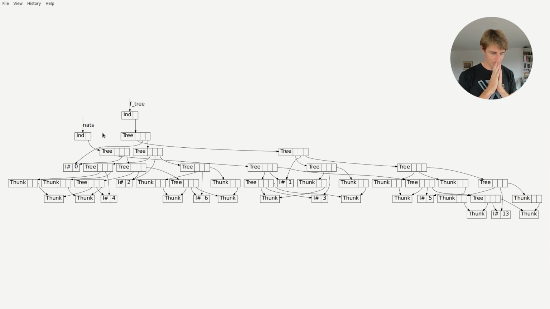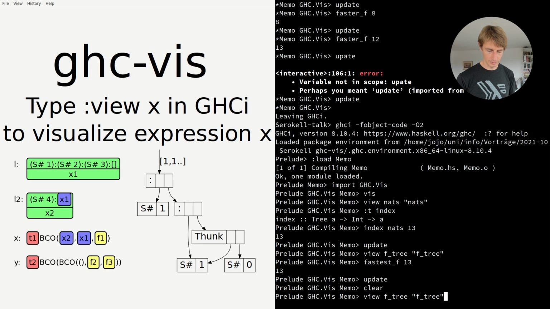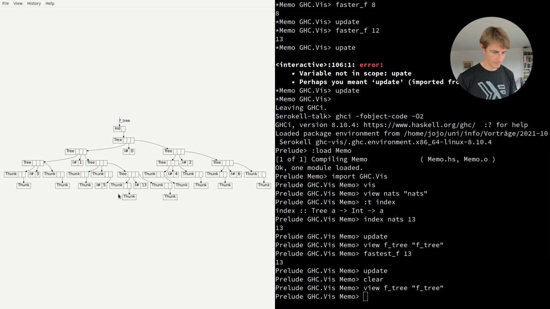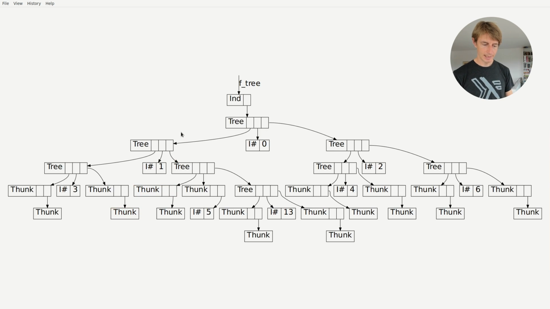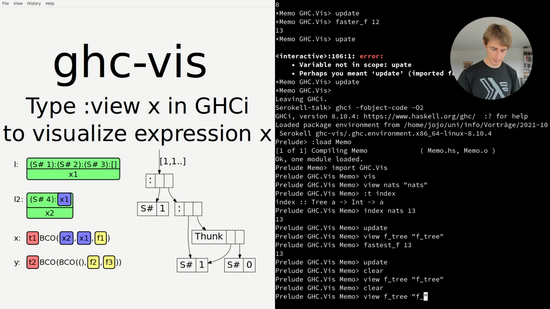This is a bit hard to see now because it gets this rather complicated data structure here. Let me clear and only look at the two trees separately. This will maybe make more sense. And let's hide this function here. Okay, so this is the f tree, and we've evaluated it to the position 13, and also the ones that we need to calculate 13. So the 6, the 5, the 4, the 3, the 2, and the 1 and the 0, but none of the other ones. And if we clear and look at the next tree,